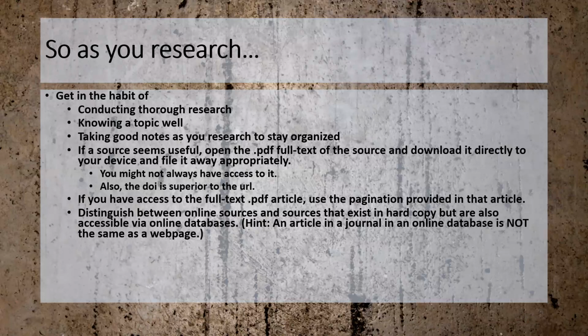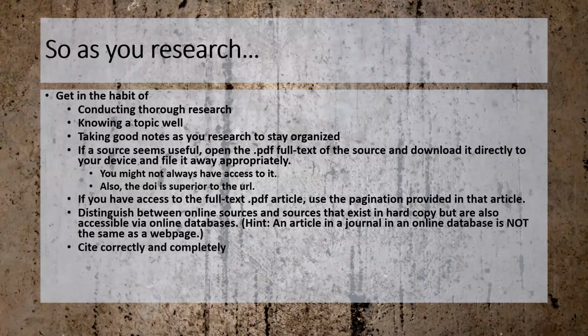And again, they're just two different genres, right? A typical scholarly article is something that exists in the real world in hard copy. You could go into the library, find it, pull it off the shelf, and you would cite it like that, right? It just happens to have been scanned and digitized, and the digital version has been made available to you through an online database.